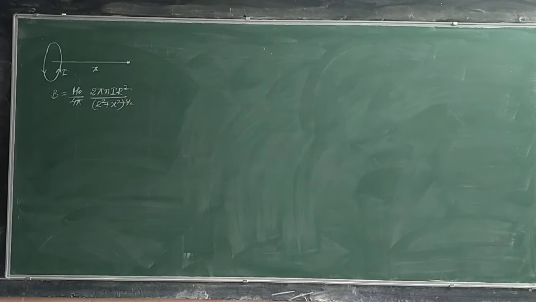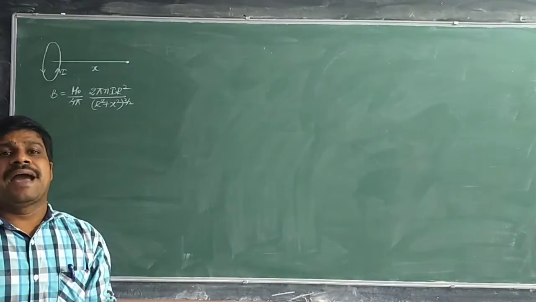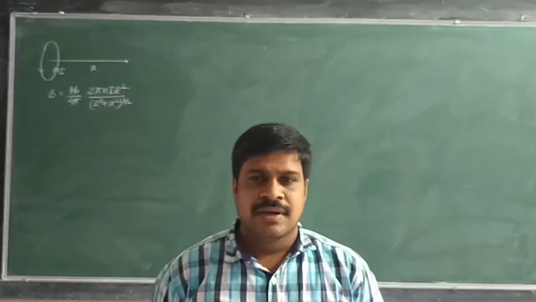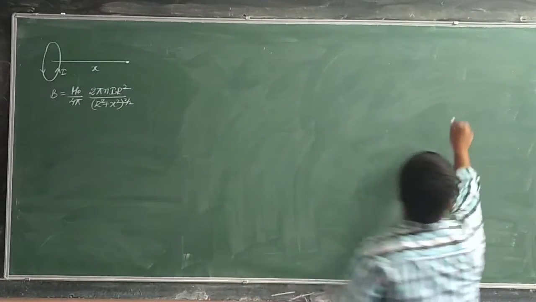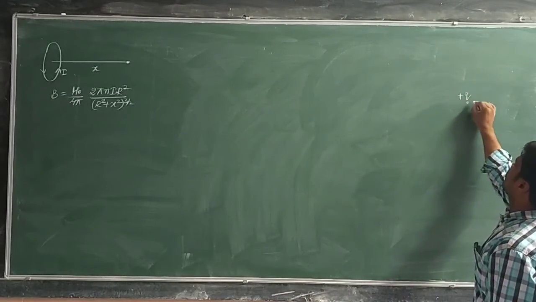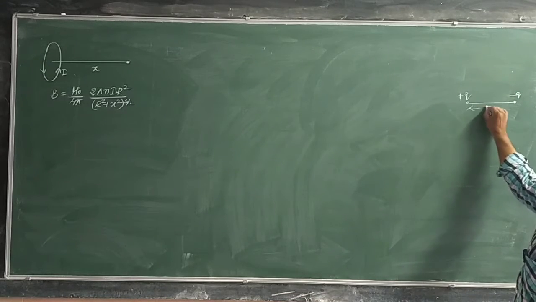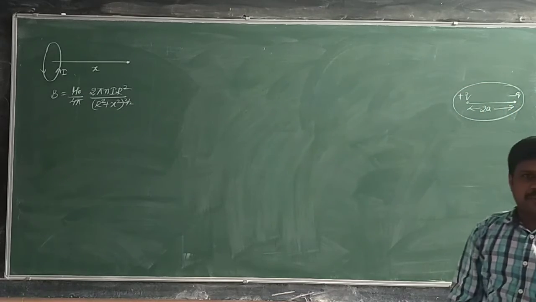Now, like that, here we have done one derivation previously. Now, this is a current carrying coil. This current carrying coil behaves like a magnetic dipole. Previously, you have studied what the electric dipole is. Electric dipole means the system in which two positive and negative charges are separated by a small distance. Then this arrangement is said to be an electric dipole.